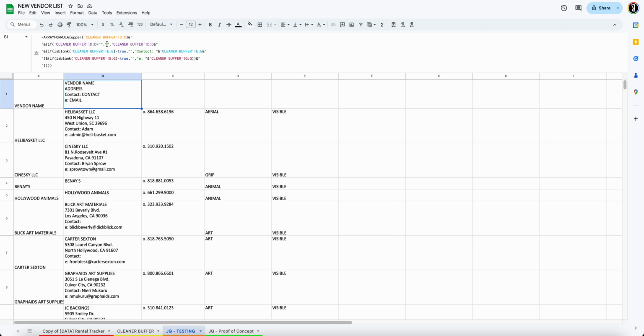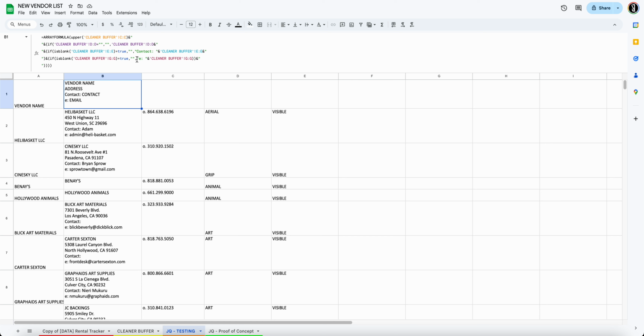Address is nothing but nothing. And then if the address is something, put the address and then another space, next line. If the next line is blank, put nothing, and if it is not, then put contact, colon, the contact number, space, enter a space. If the phone number, which I believe is G, is blank, put blank, and if it